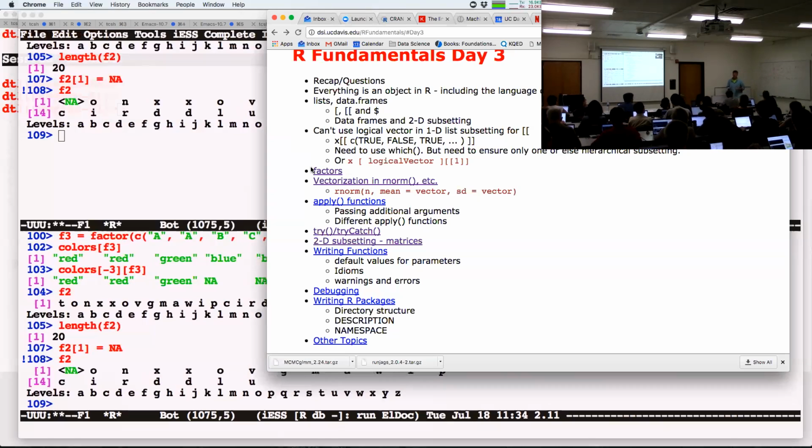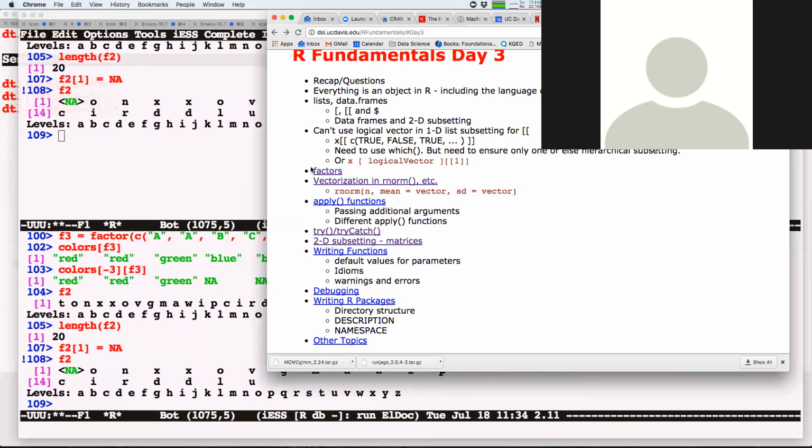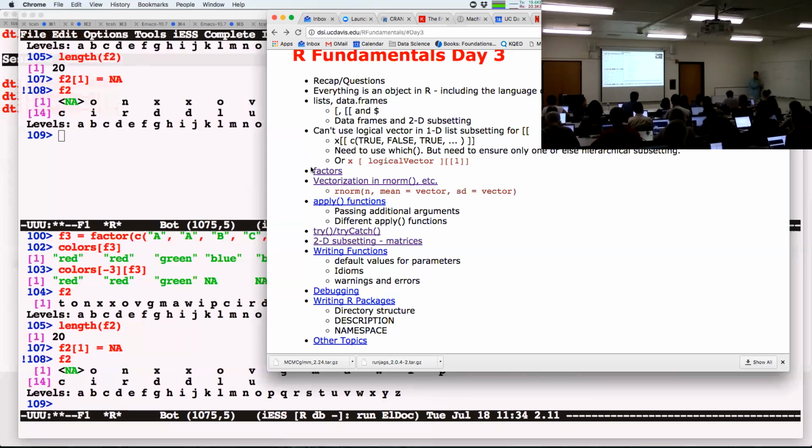So I'm subsetting by a matrix. I never mentioned that one before. I had it on the page, but I never mentioned it. We're subsetting by a 2-column matrix where the rows of that matrix give me the i and j coordinates, the ith row and the jth column for the element that I want. This is extremely handy to be able to go in and rip out the values that we want.